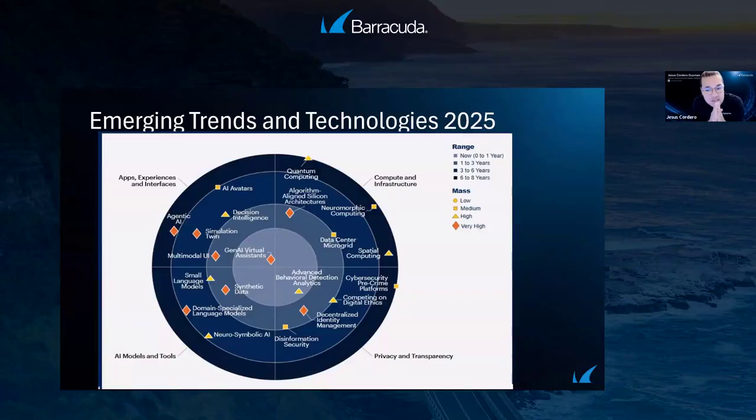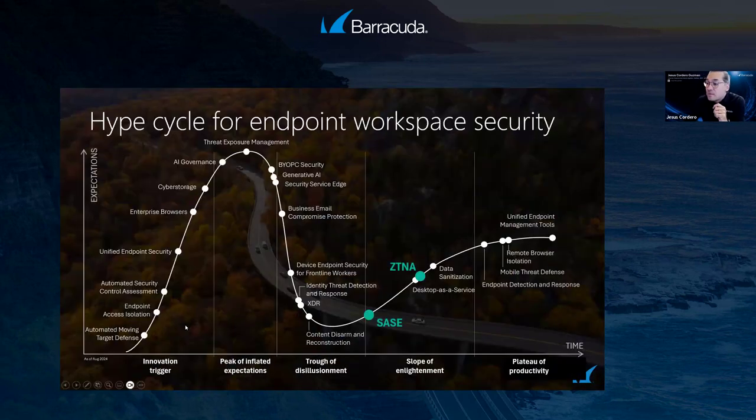And as you see, this year, ZTNA is not there. ZTNA has been there in the past 5 years, evolving like all the other trends, from the innovation, from the early adopters, that when a new technology comes, there are certain markets, certain personalities that always want to be the first adopting something.